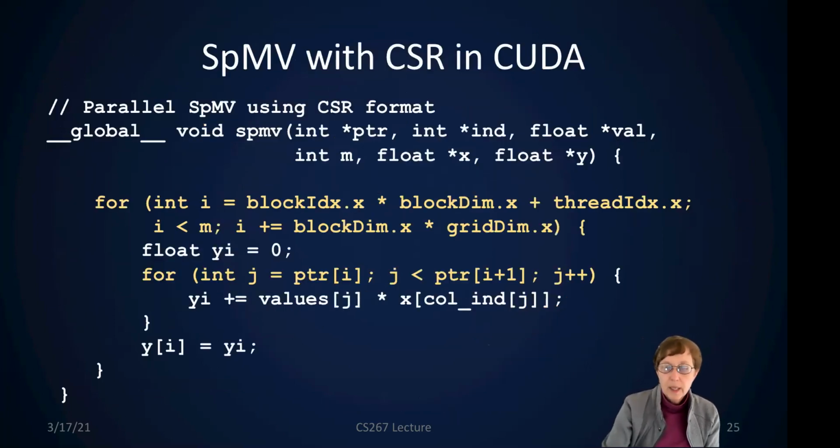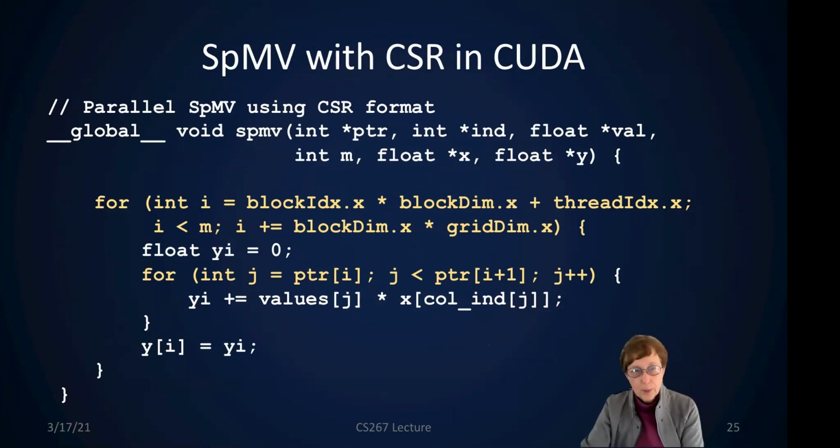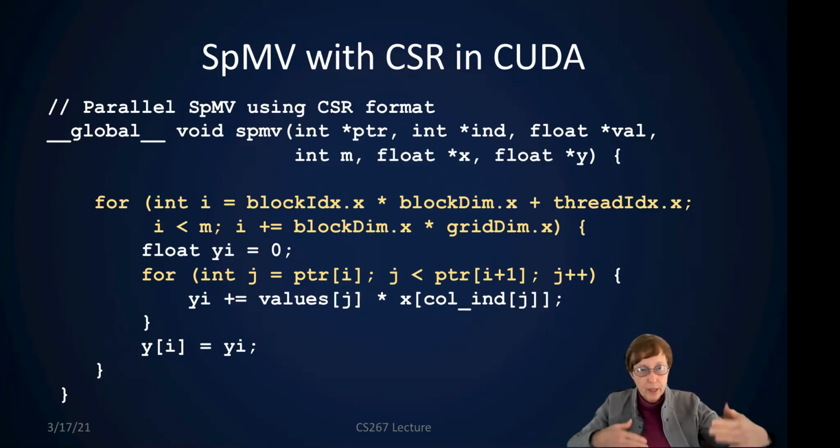And this is what it looks like in CUDA. And so here's our global SPMV kernel that can be called in CUDA, and it's taking in the same sorts of data structures. And this is going to get also parallelized over the inner loop. The other thing you often want to do on something like a GPU, because you're looking for a lot of parallelism, in case the CUDA compiler can't really parallelize over both of these loops simultaneously,